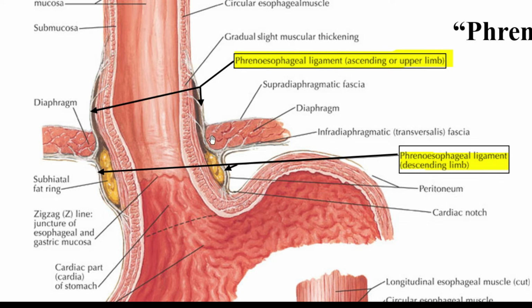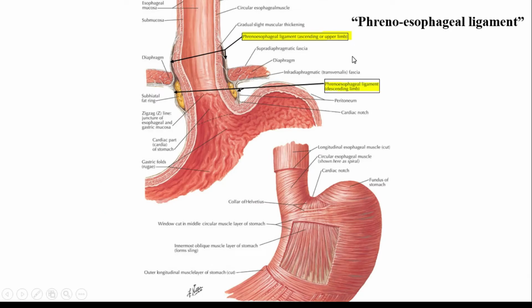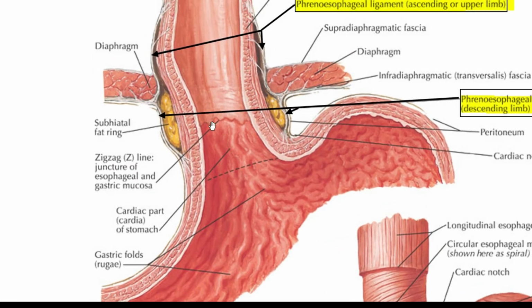And you can see that these are the ascending limb or the upper limb of the ligament, and this is the descending limb or the lower limb of the ligament. So these are the factors that are maintaining this condition. I mean, this is why the esophagus actually cannot move upwards, because of the narrower diameter and also the phrenoesophageal ligament. And here in this picture we can also see a zigzag line here,